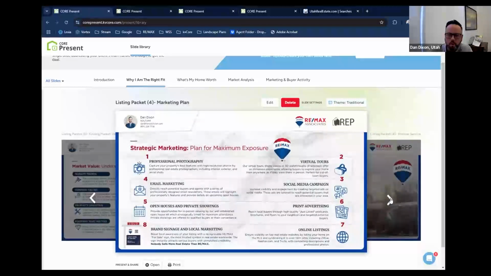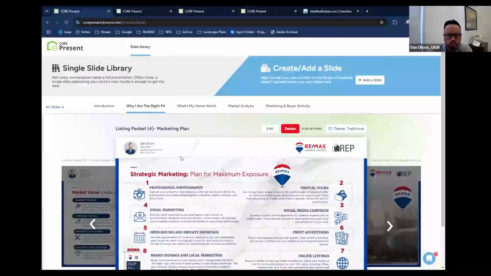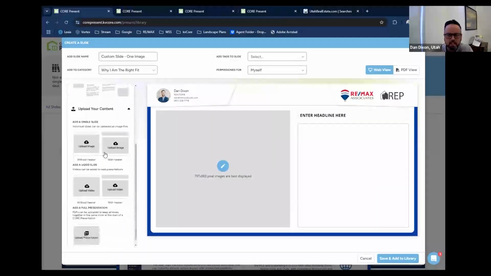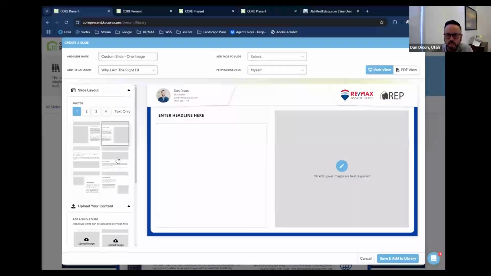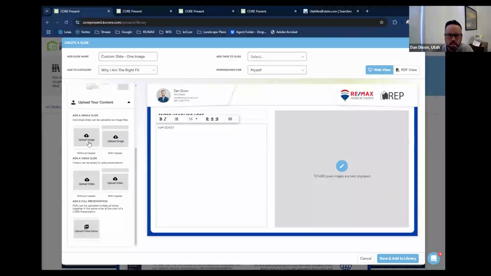Right. So there's a couple things I want to show you here. One, what is in your package, and two, how to create something if you wanted to. If you wanted to, like we talked about before, have some stats and you wanted to upload those stats, this is how you would do it. You would come into the slide library, and then you'd add a slide. From here, you can create a slide, and you can do so a couple different ways. You can choose a layout, with your headline here, and then have your words in here, and you can put whatever you wanted, or you can upload images.